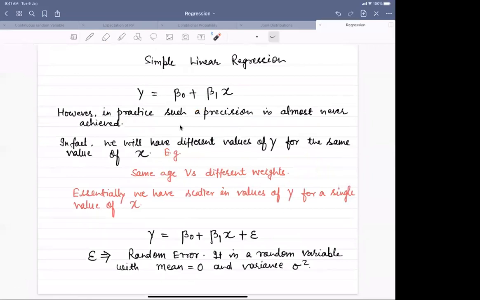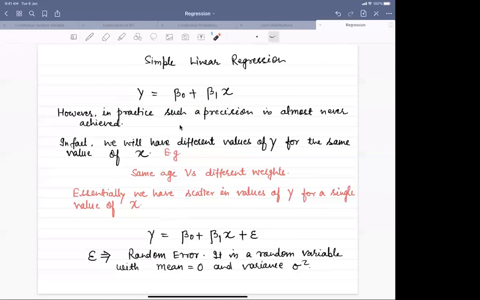However, as you have noticed, we are talking about straight line behavior, but in practice, I will show you in one of the graphs on the next page that this relationship y is equal to beta naught plus beta 1 x is never ideal. It's never like all your observations are sitting over your straight line. So in fact, what will happen when I'm saying this,